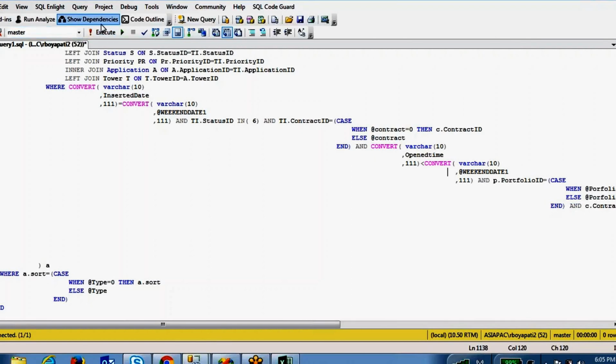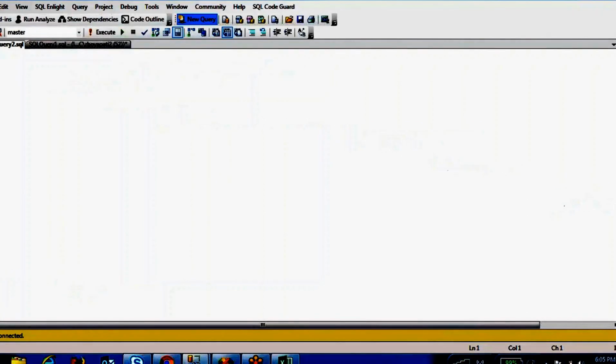We'll see here. Select star from ename is my table.